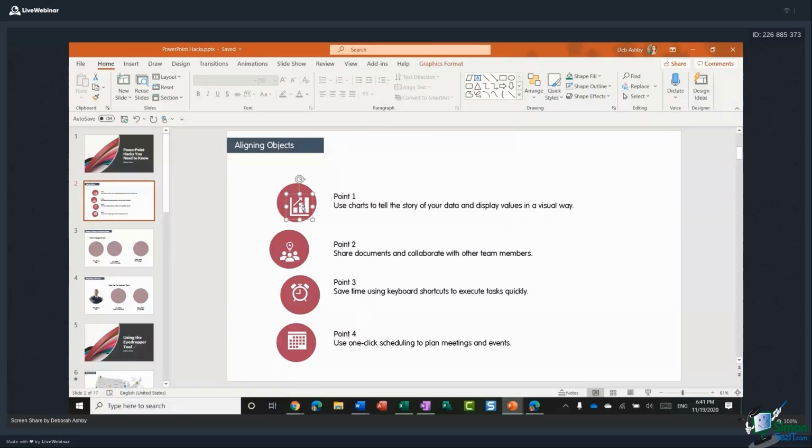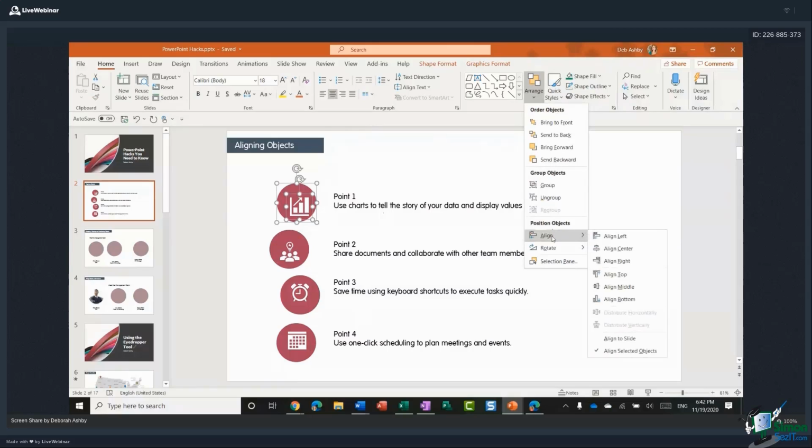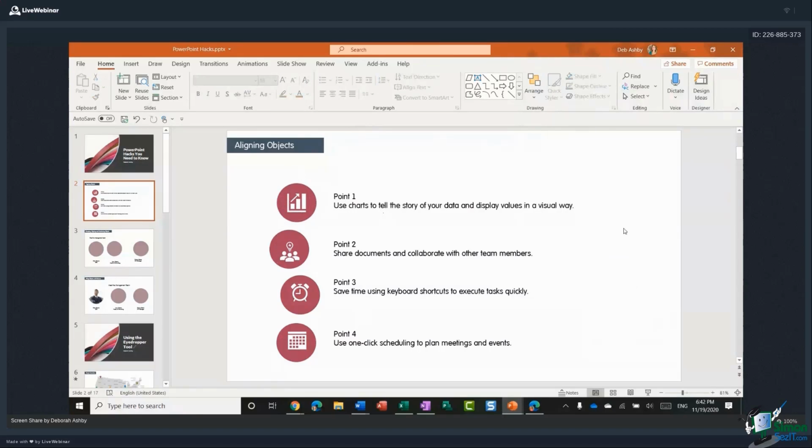So here, the first thing you can see is I have icons within these circles, and the icons, for the most part, are not dead in the center of these circles. So I'm going to do that first. I'm going to select the circle. I'm going to hold down Shift and select the icon. So essentially, I've selected 2 objects. If I go up to my home ribbon, I have an arrange drop down. And if I go to align, I can then use these tools to center these objects. So I'm going to say align center. I'm going to go back to arrange and then do align middle. And that puts that icon right in the middle of that shape.